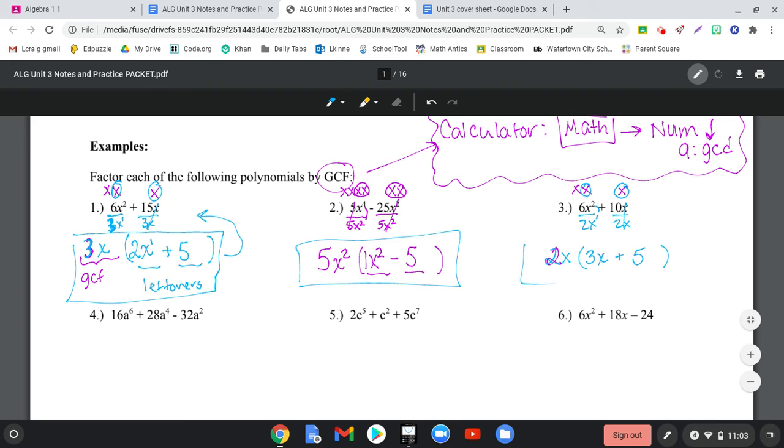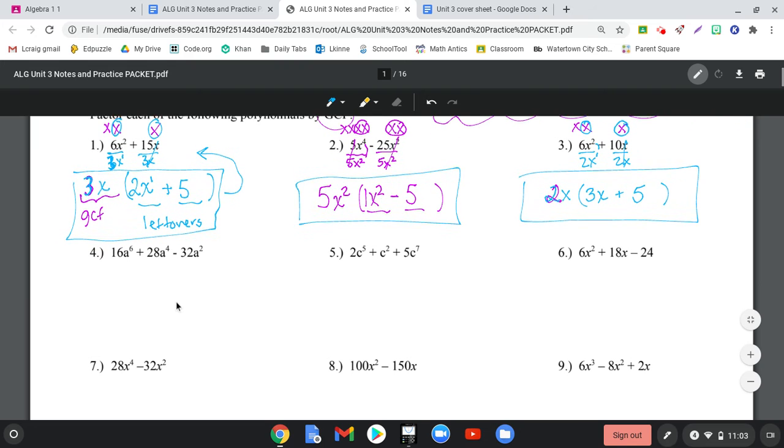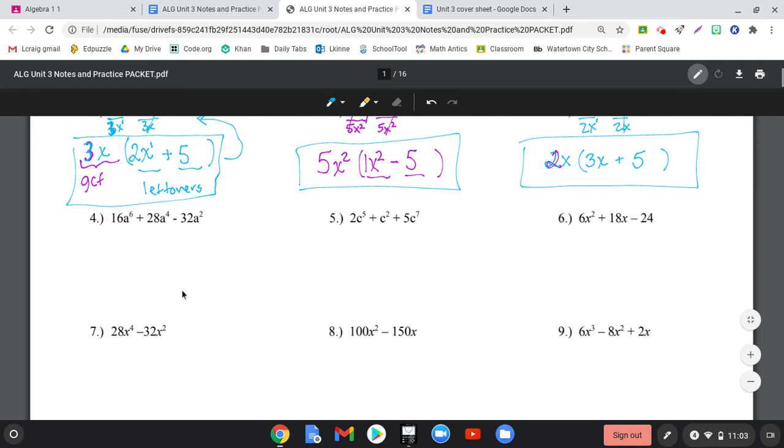All right, but that's all we're doing. We're undistributing. It's the same if there are 3 terms, if you have a trinomial. All right, so